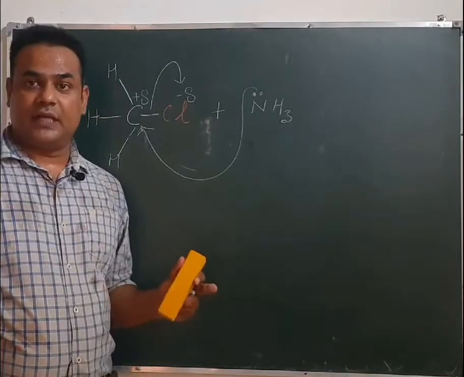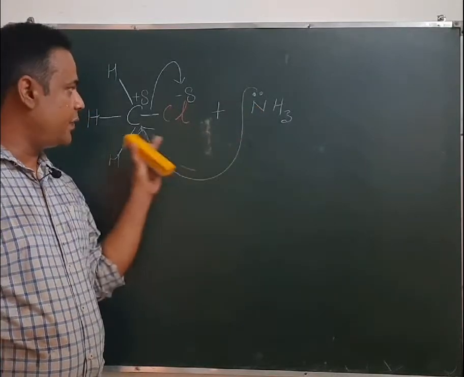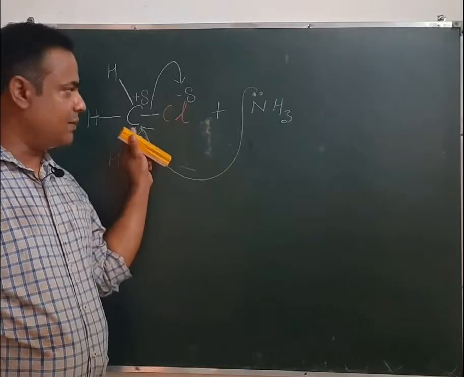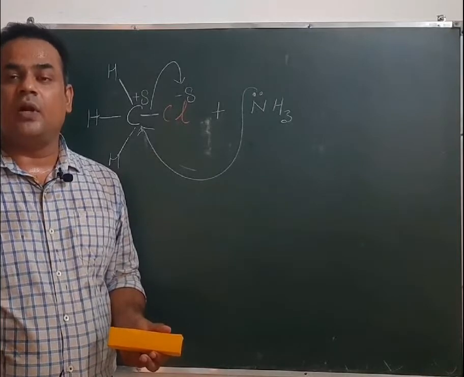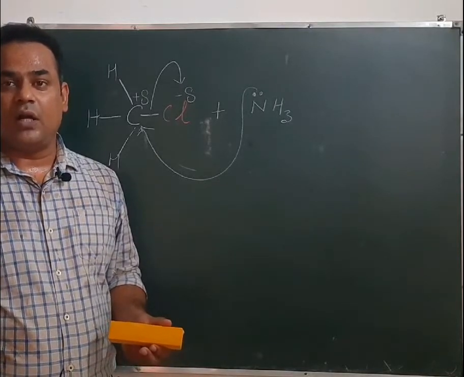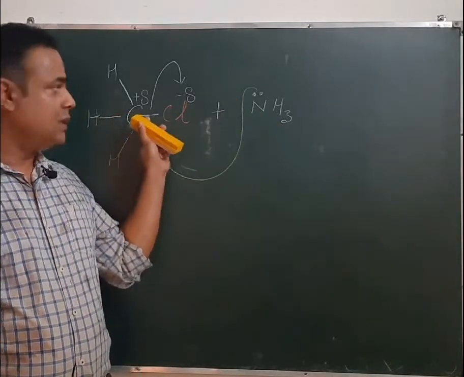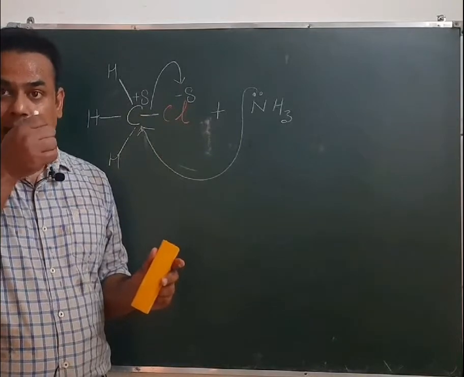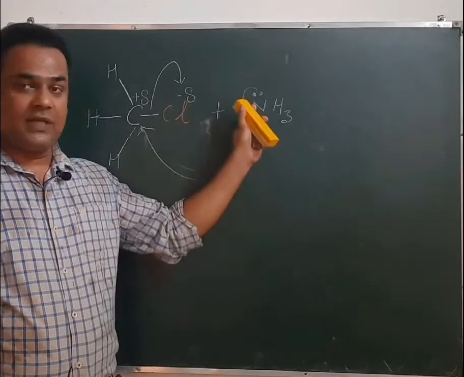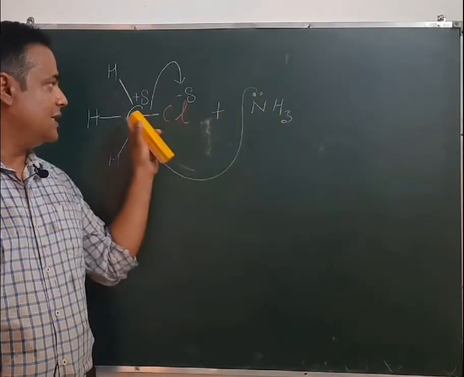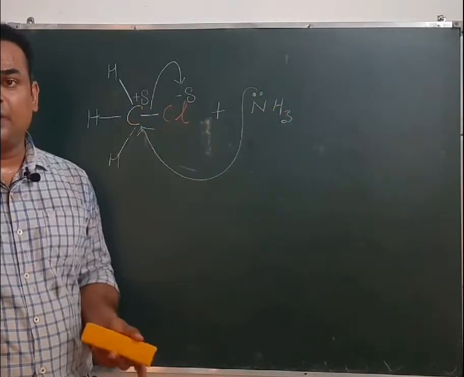or if we say in little advanced language, this nitrogen is donating its electron pair into the anti-bonding molecular orbital of the carbon atom. And in class 11th we have seen that when an electron goes into an anti-bonding molecular orbital, the bond order decreases. So when this electron goes into anti-bonding, this C-Cl bond will become weak and it will dissociate. Or in normal sense we can say that it is electron rich, and this carbon is electron deficient. So obviously this atom will go and donate electrons to this carbon atom.